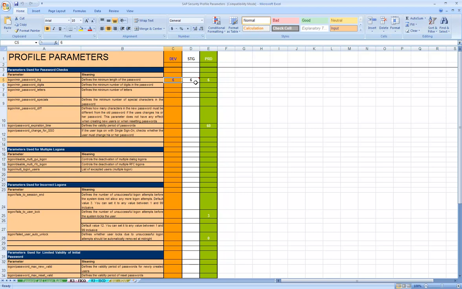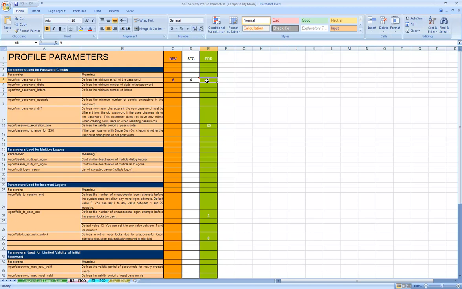But the maximum you can give is 8 in versions like ECC 5, which is on Web Application Server 640. From Web Application Server 7, the password length has become, I think, 40 characters long.